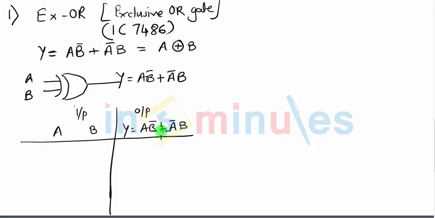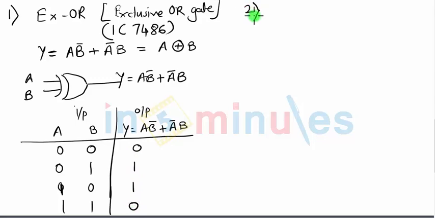See, there is an OR operation between these two terms AB̄ and ĀB, whereas there is an AND operation between A and B̄, and in the next step Ā is AND with B, and B complement and A complement is also used, that is nothing but the NOT gate. So overall it's a combination of three basic gates. That's why it is called as derived gates. So the combination of inputs will be same, and the expected output, if it is derived with the help of basic gates, will be 0 1 1 0.